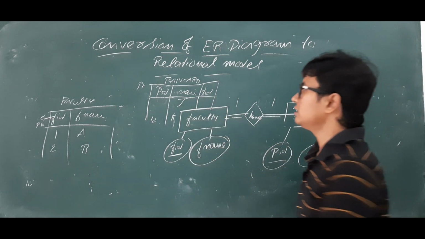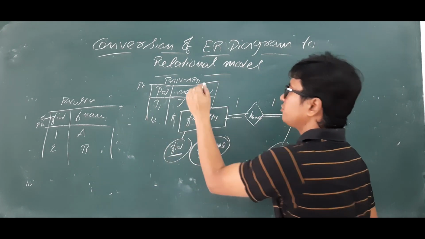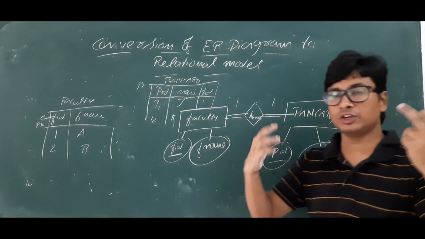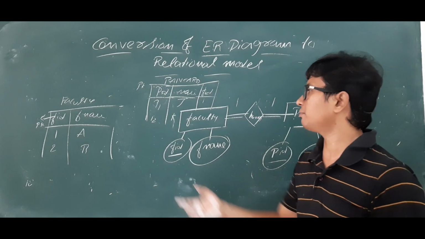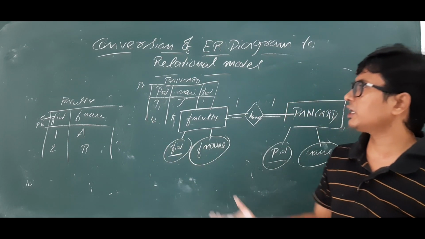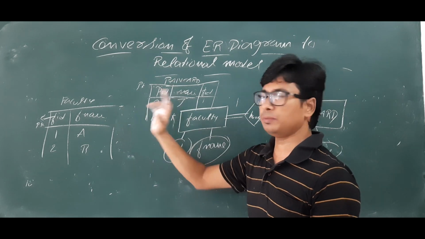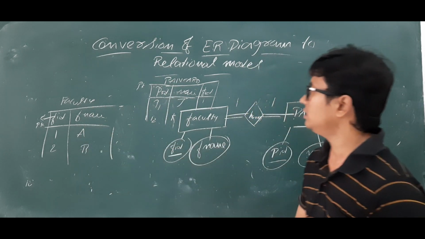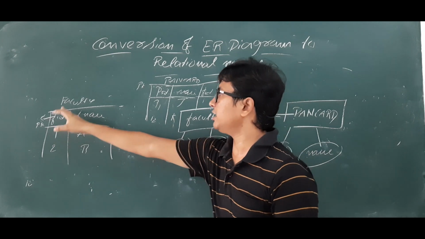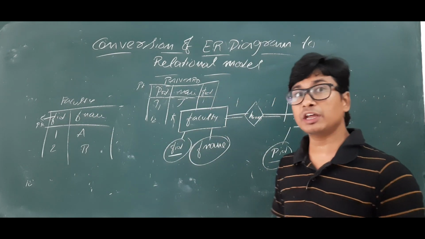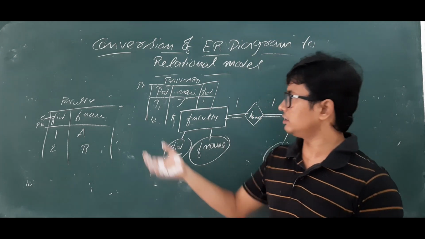You can see it. Suppose if it is PAN card 1 which belongs to faculty 1, there is no problem. Here there are no null values. In our previous case we got null values in the previous ER diagram, but here we don't have. So what I want to say is that the primary key of the PAN card, I can keep it as a foreign key in the faculty table, or I can take the primary key of the faculty and keep it as a foreign key in this one. So both are okay. But can I go for a better design? See, these two are correct.